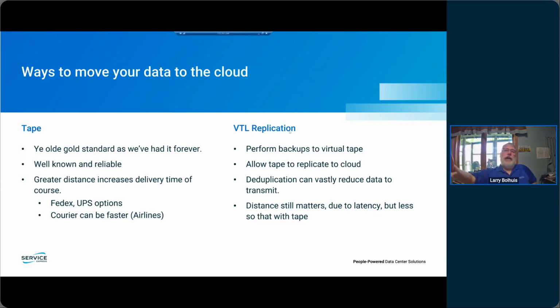we'll provide a virtual tape library, hook it up to your on-prem system. You do backups to that. Those tapes are then replicated to us. Now, once the first few tapes are replicated, we've pretty much got all your data. And so further tapes, because of deduplication, vastly reduce the data to transmit. As we mentioned before, if you had 100-to-1 deduplication, and that's not out of the question, you're only sending 1% of your data. Now, distance matters due to latency, but certainly less than with that tape that's got to go